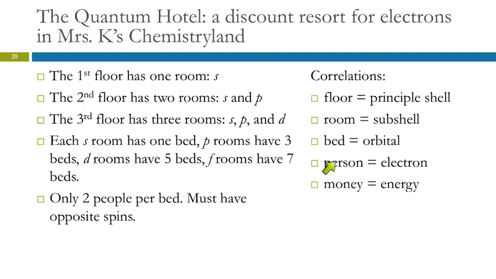So a person in the hotel corresponds to an electron, and money, again, corresponds to energy. So the rule at this hotel is you can only have 2 people per bed. You can't have 3 or 4. And the people must have opposite spins. So what does that mean? Well,